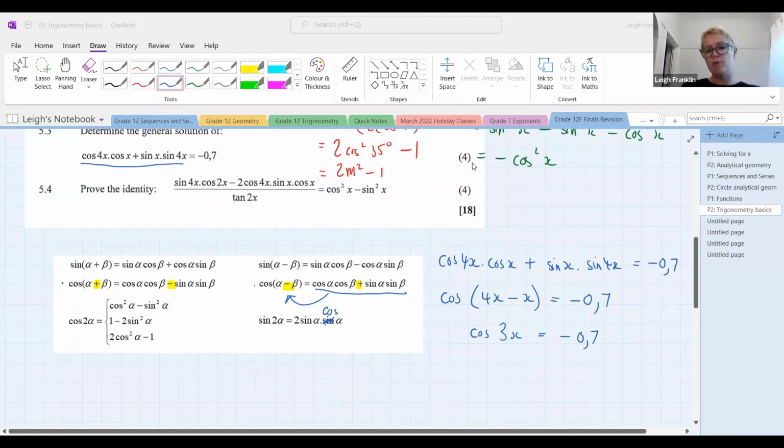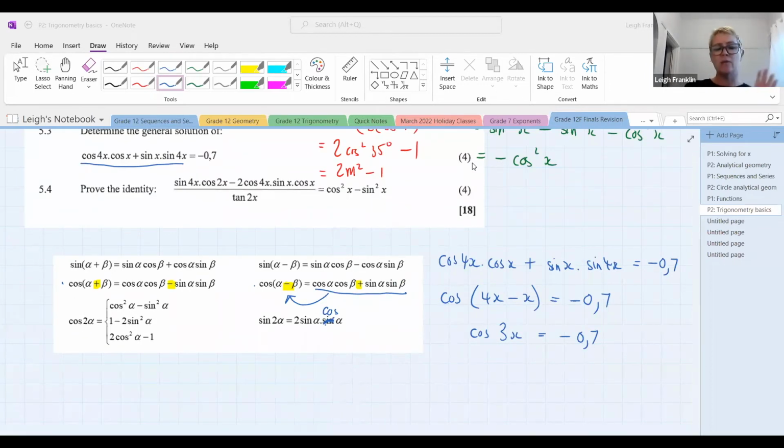They can make you do ones with factorizing. They can bring in compound angles. They can bring in double angles. There are so many different ways in which they can ask this question. So yes, you do need to be aware of all of those things and think of all of them before you get started. So yes, we would have to reduce it to this